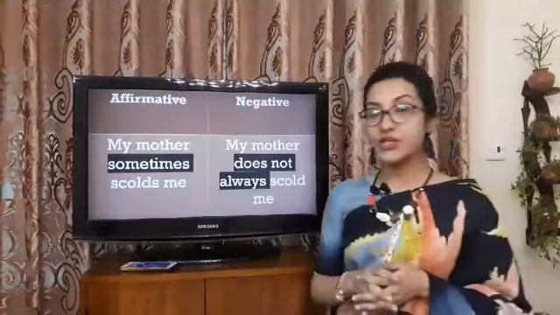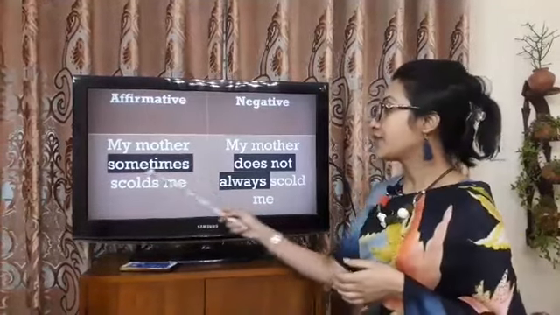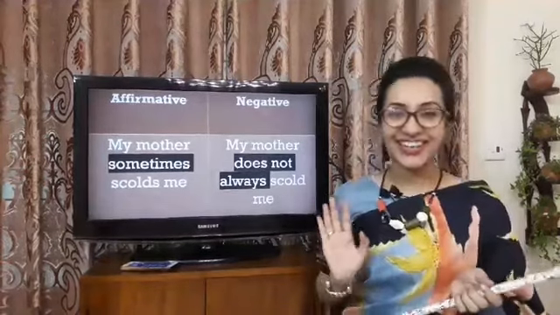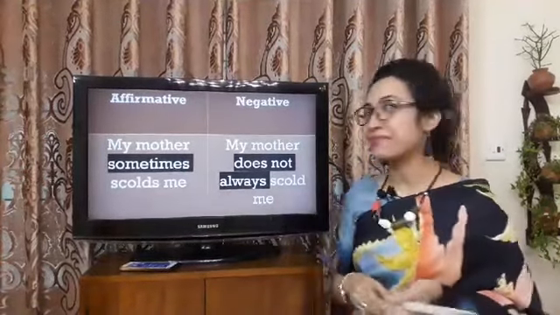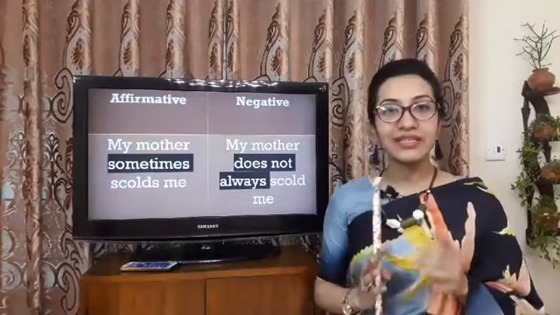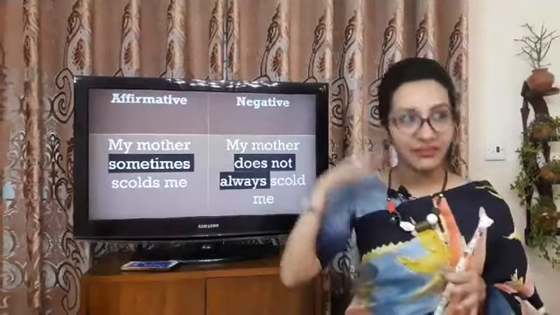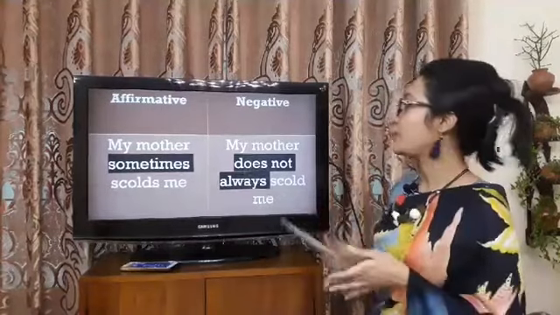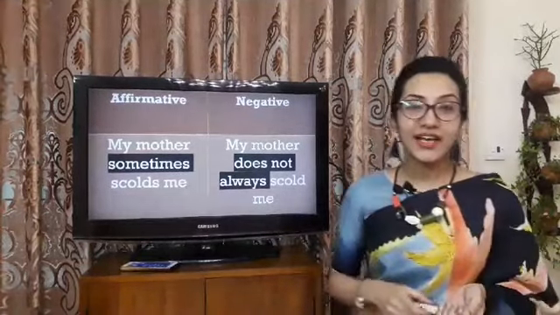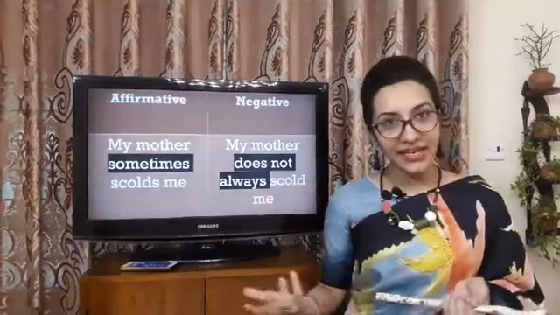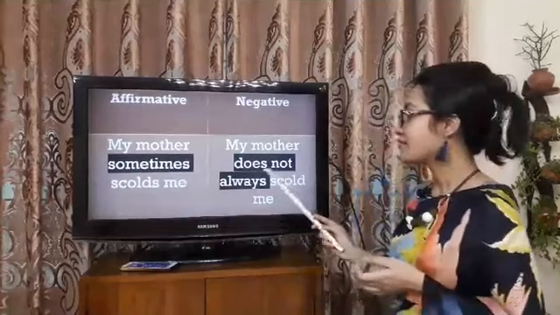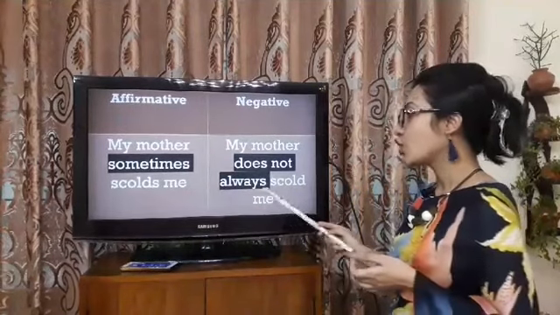So now the next one. My mother sometimes scolds me. Okay, my mother is not around right now, so I can use this example. My mother sometimes scolds me. তার মানে কি আমার মামাকে মাঝে মাঝে কি করে বকা দেয়. See, my voice is getting in low pitch. My mother does not always scold me. So when I'm making it negative, what I have done, in place of sometimes, I have written does not always,